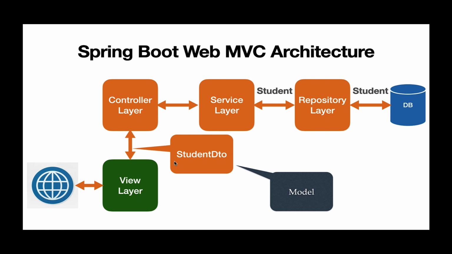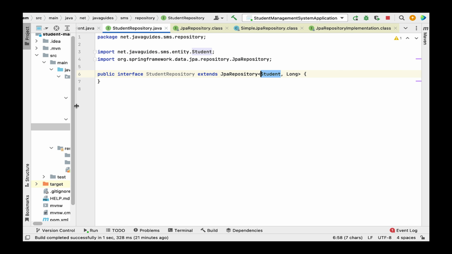Typically we create a StudentDto class to transfer data between the controller layer and the view layer. So let's create a StudentDto class as a model class to transfer the data between the controller layer and the view layer. We'll also create a StudentMapper class to convert a StudentDto object to a Student JPA entity object and a Student JPA entity object to a StudentDto object. Alright, so let's go to IntelliJ IDEA and go to the